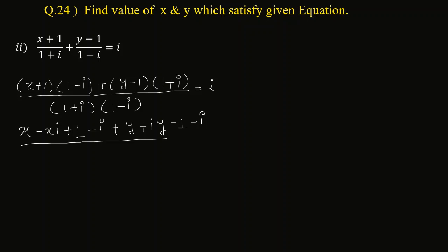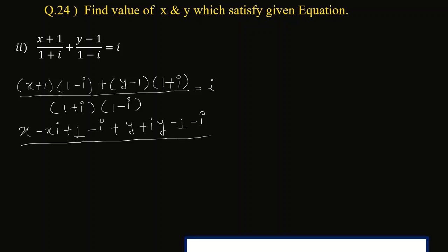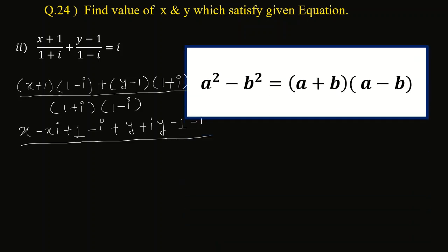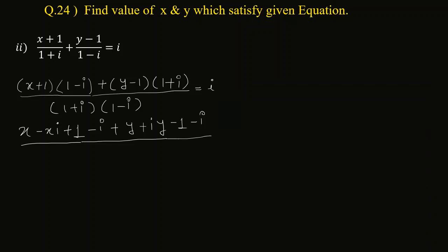if we check the denominator properly, in the denominator we can use the formula a square minus b square, which is (a plus b)(a minus b). When we apply this formula, in the denominator we get a square, meaning 1 squared, minus b square, meaning i squared, and this will be equal to i, which is already present on the right hand side. Now check the numerator, is there any cancellation? If we can cancel, we will, otherwise leave it. We observe plus 1 and minus 1 we can cancel.